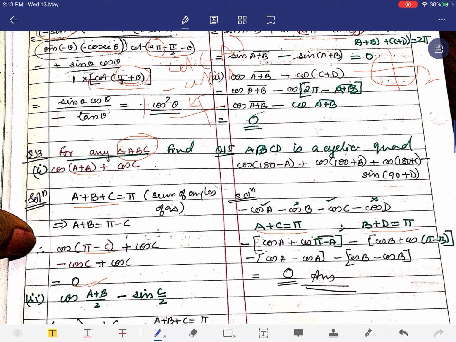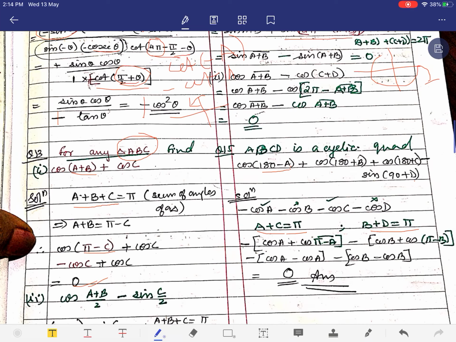First, let us use the property that we have taken up, that is cos of 180 minus theta. So cos of 180 minus A: 180 minus A is in the second quadrant, 180 gives no change in the ratio, it continues with cos, and in the second quadrant it is negative. So, this is minus. 180 plus B is in the third quadrant, 180 no change, but in the third quadrant cos is negative, so it is a minus here. 180 plus C, 180 no change in ratio, third quadrant sine is minus, so minus sine. 90 changes the ratio, this becomes cos, and 90 plus theta is in the second quadrant, so this is positive. So, this negative sign continues.